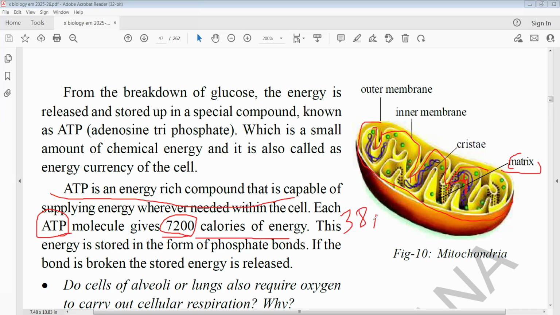So you can calculate 38 into how many kilocalories of energy we get. Let us calculate that. 38 ATPs are formed during cellular respiration, so 38 multiplied by 7,200. So totally 2